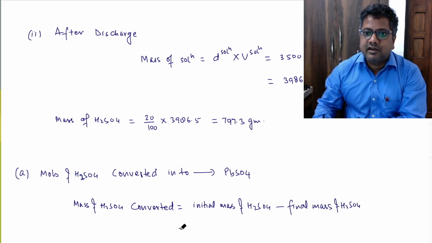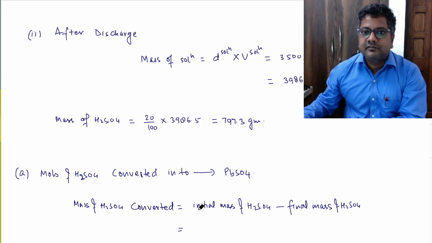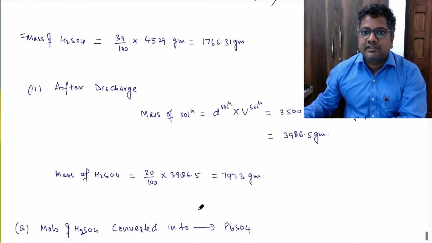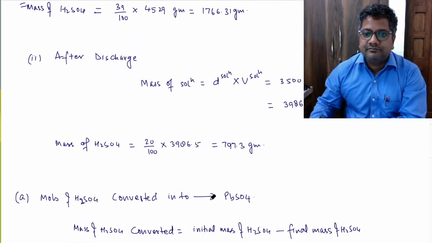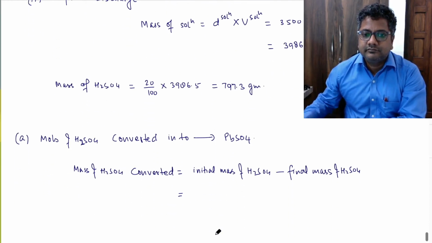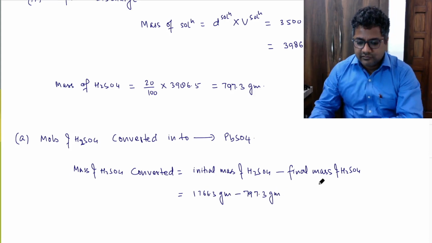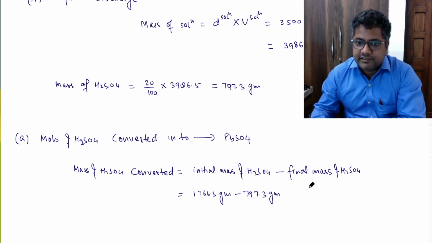The initial mass was 1766.3 gram minus 797.3. So this is equal to 969